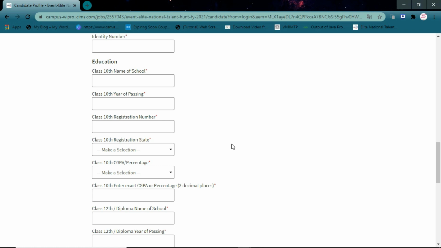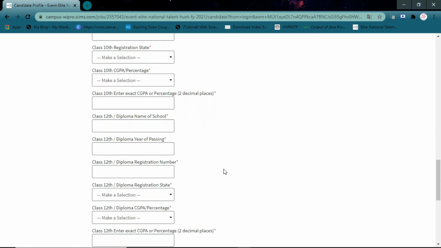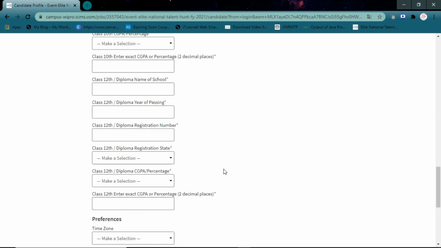Next, move to the educational details. Here you have to enter the 10th school name, year of passing and 10th hall ticket number, that is a registration number, and the name of the state from where you have completed your 10th school, and then choose the aggregate type, that is CGPA or percentage, and then enter your exact CGPA or percentage in 2 decimal places.